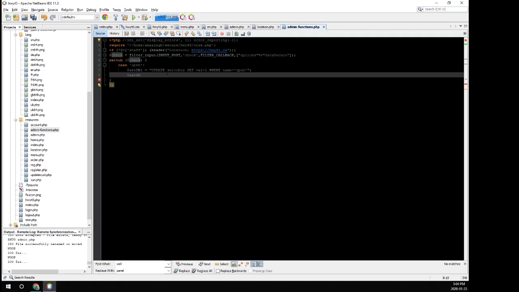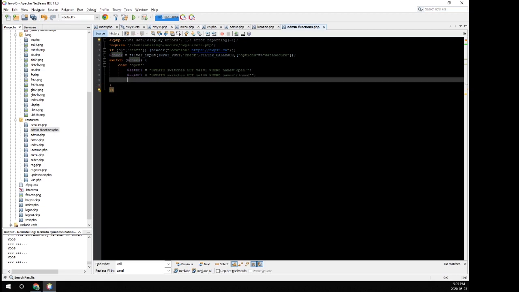Set db2 is equal to update switches set val is equal to 0 where name is equal to closed semicolon. If